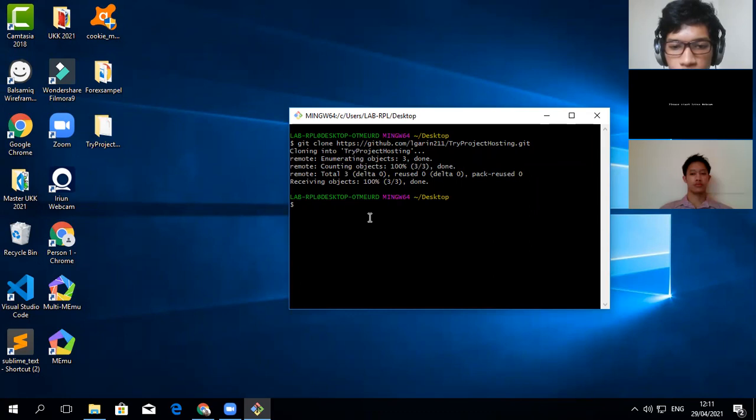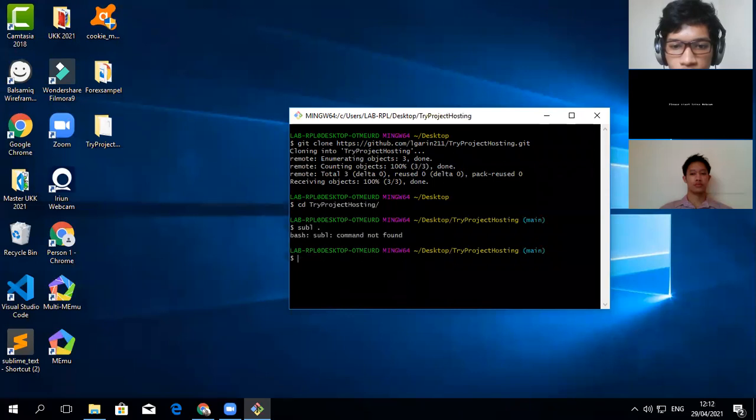You can open the project source. I am using Sublime. We must change to the repository folder of your project. Oh, I do not have Sublime.